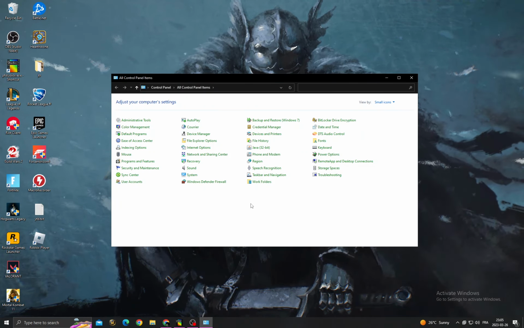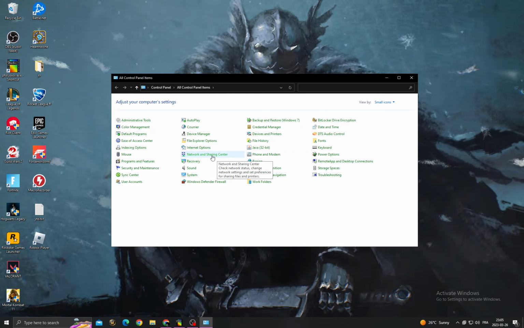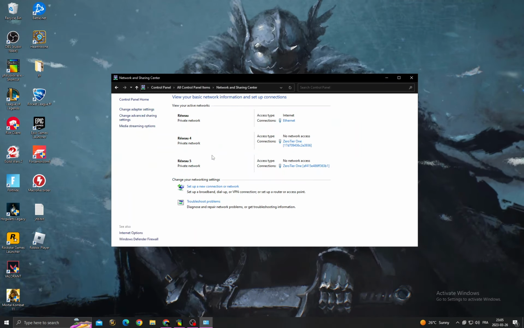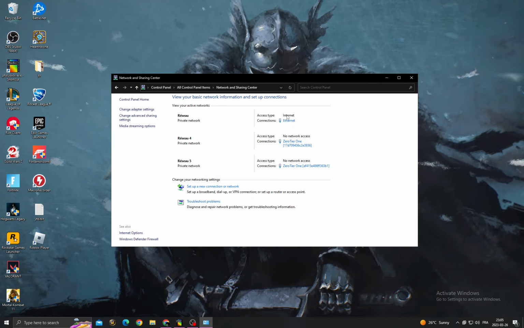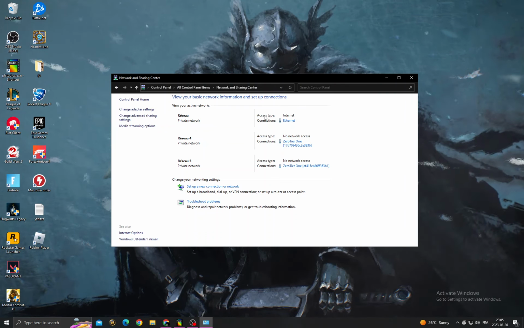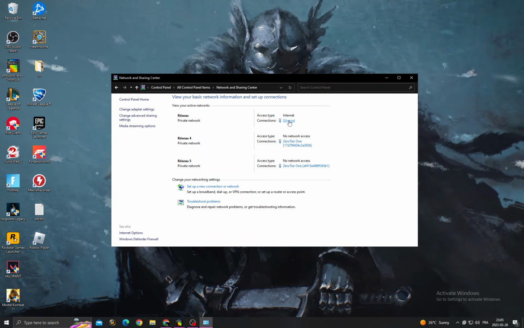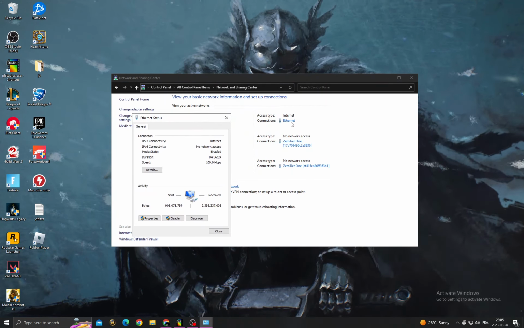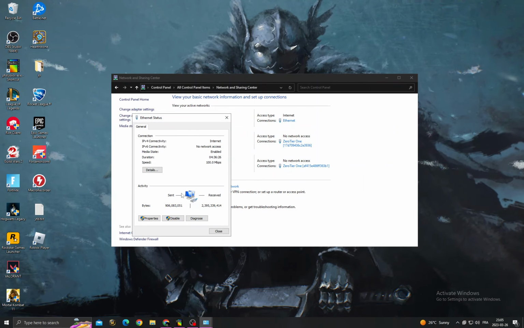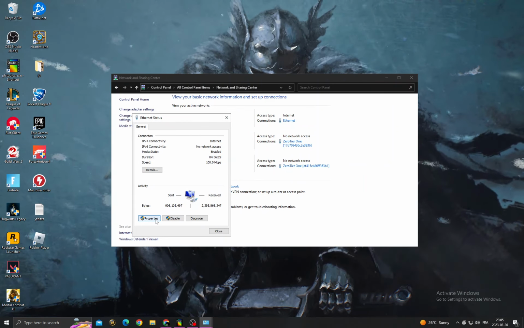and now after that click network and sharing center, and then go to the first one. Here we'll find internet access, type internet, and then click here internet. Maybe we'll find here Wi-Fi, it doesn't matter, just click on it and then click properties,